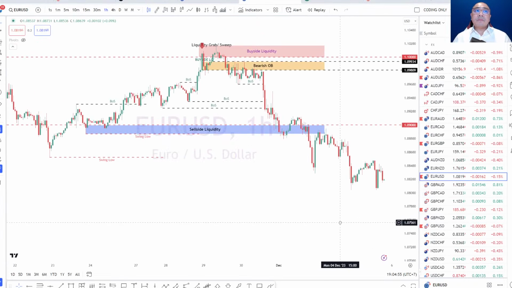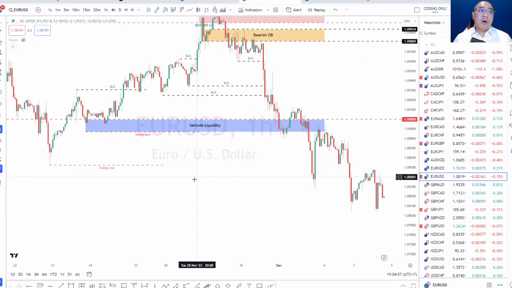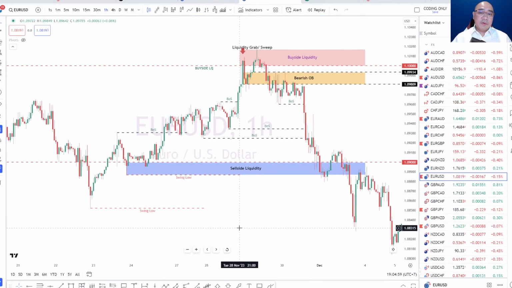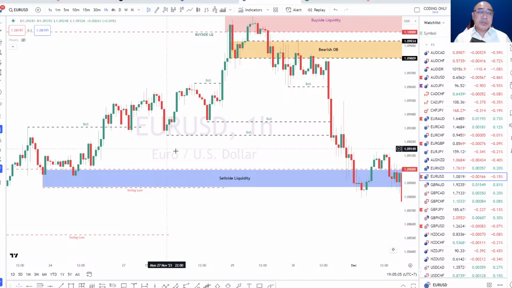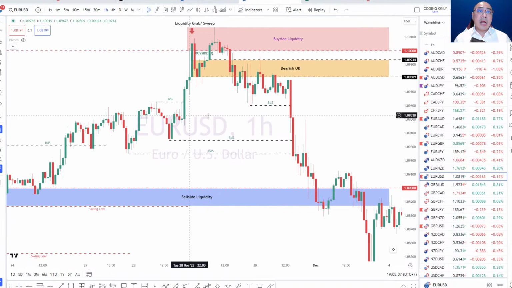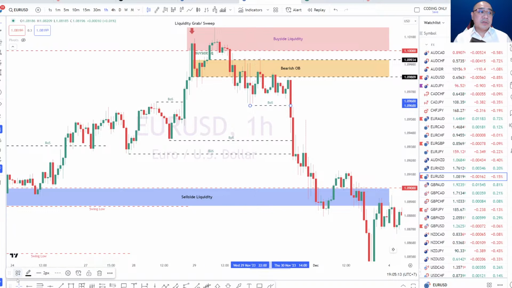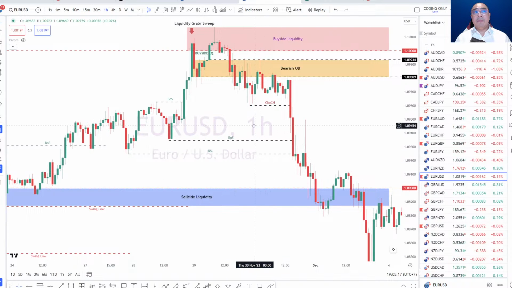So what have we covered so far? We have covered the identification of a swing high, a swing low, and then we are familiar with the break of structure, the change of character that happens in the market. A lot of this stuff is in there. This could actually be a change of character as well. So depending on how you look at it, but yeah.